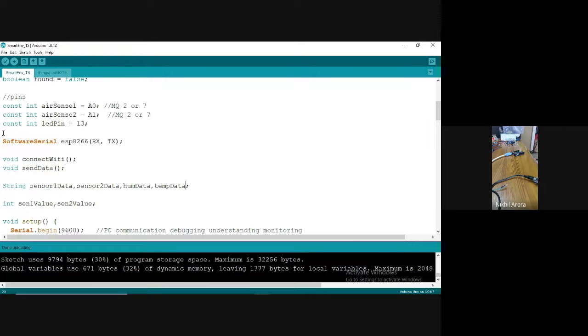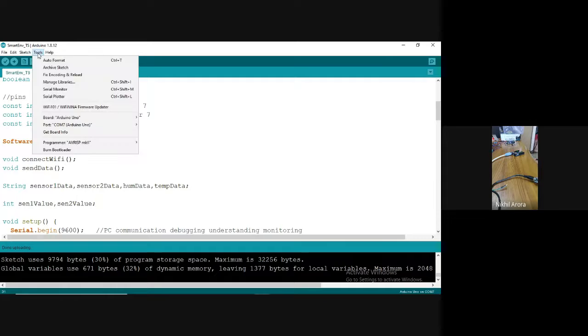Okay, now what is it telling? We have used 30% of program space, so 70% of space is still available. And we have used 32% of RAM, and 70% of RAM is still available. 133 bytes we have used, 1300 bytes is available actually. Sorry, 600 bytes we have used.